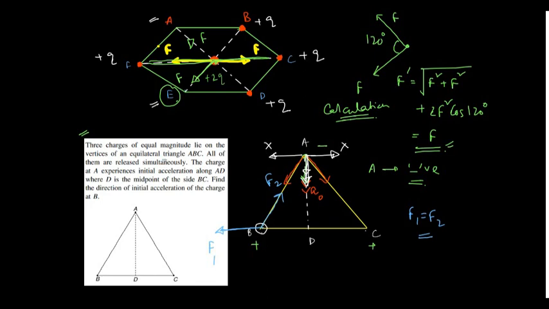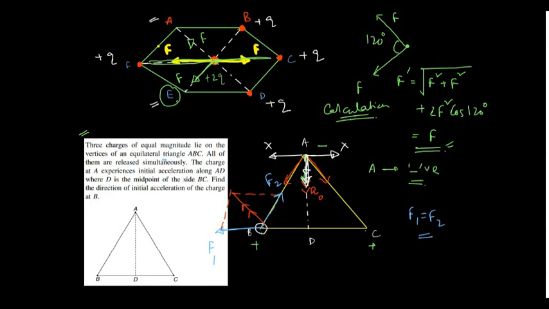So if I join these two forces, the parallelogram law will come into effect. So this is the resultant acceleration, in which direction B will move, right? It's a very simple question. I hope you have understood, correct?